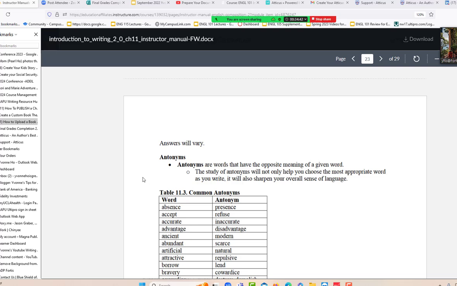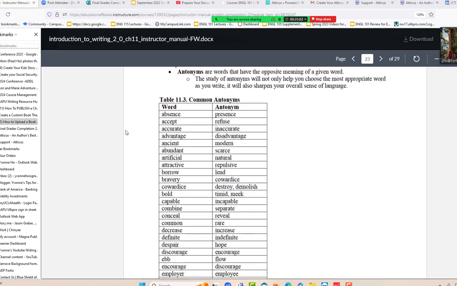And so antonyms are also listed. If you look it up in the dictionary, every word has its antonym. In other words, every word has its opposite meaning. The study of antonyms will not only help you choose the most appropriate word as you write, it will also sharpen your overall sense of language. So here are some common